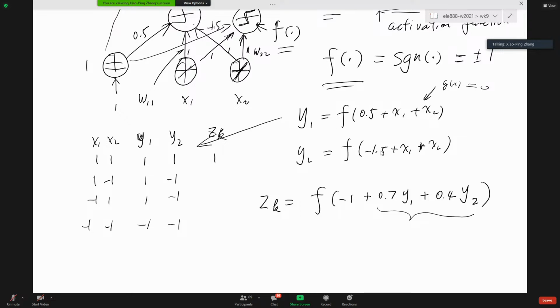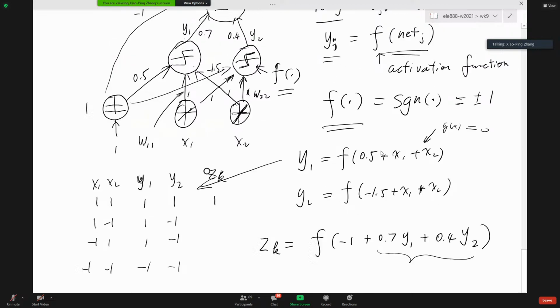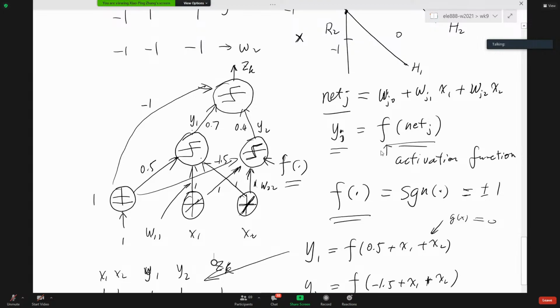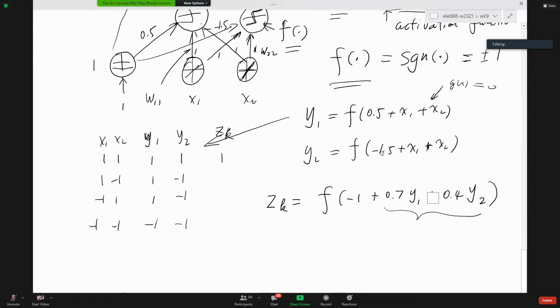Let's see. Oh, okay, sorry. There is a mistake here. This is minus 0.4. Okay, sorry. Otherwise, there's a problem. This is minus 0.4. So in that case,